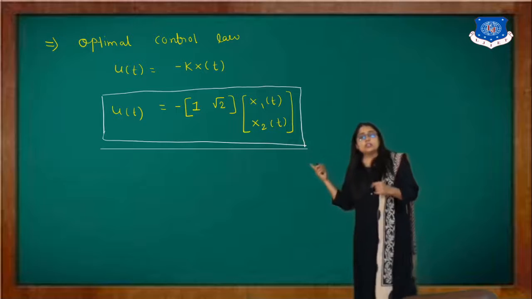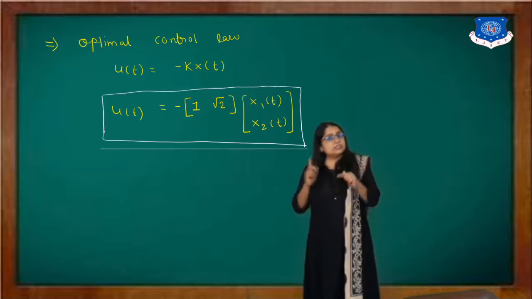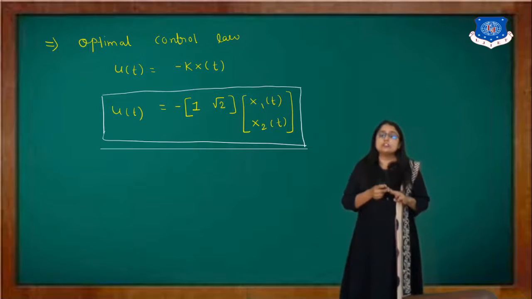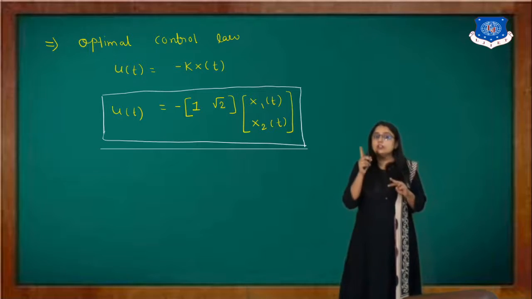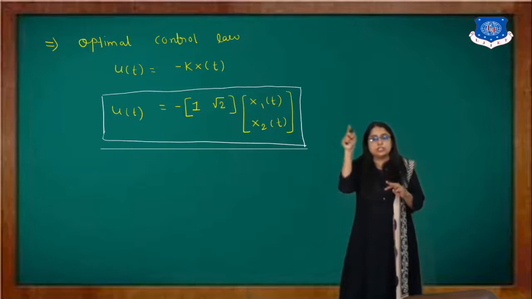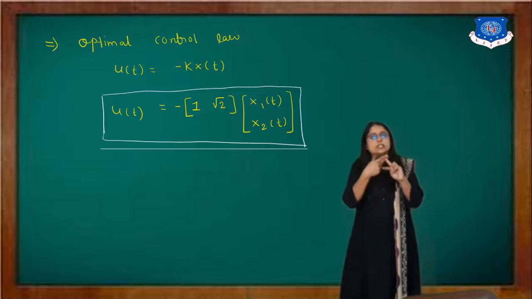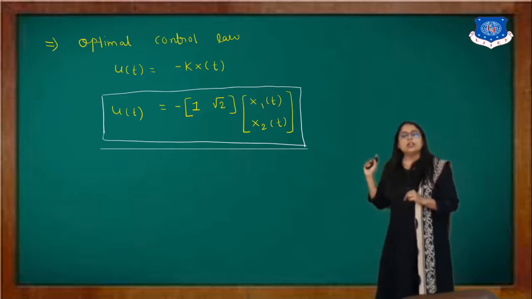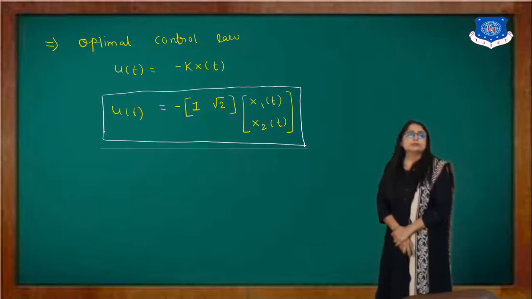In other words, you can consider your matrix A as a 2 cross 2. That means this is for a second order system, or you have two state variables, that is x1 of t and x2 of t, right? Because in the question you have x1 dot of t and x2 dot of t. So there are only two variables, x1 and x2. That's why here we are taking two variables, x1 of t and x2 of t. So I hope this example is clear.